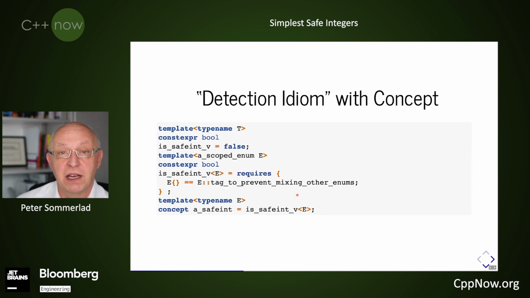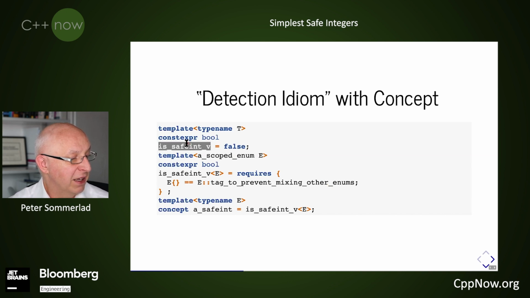Now, if you're familiar with the detection idiom in C++17 and earlier, then you might already know this, but not yet with concepts. This is how you would actually implement what is called the detection idiom by just defining a corresponding concept, which makes it easier. So we are having, again, a trait that we define, is_a_safe_int. And in general, nothing is a safe int except for the 8 different types that we implemented. One approach would have been to actually specialize is_a_safe_int for these 8 different types, but I wanted to show off and show you how to use concepts.